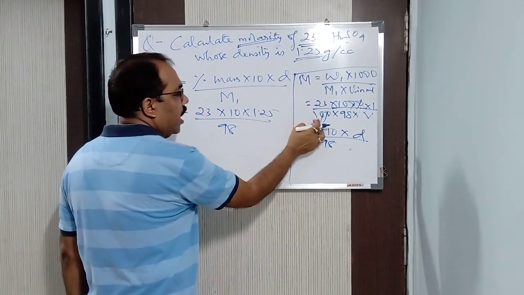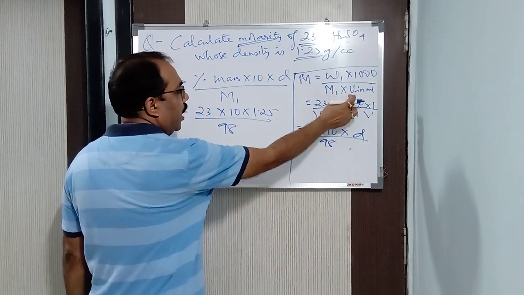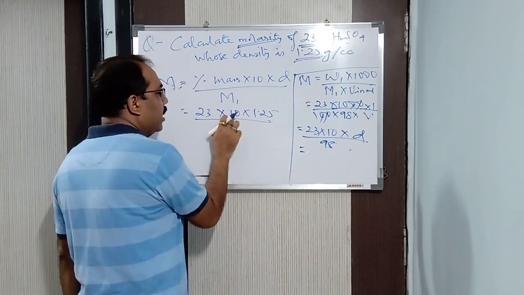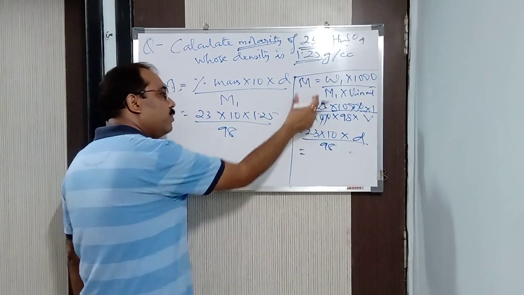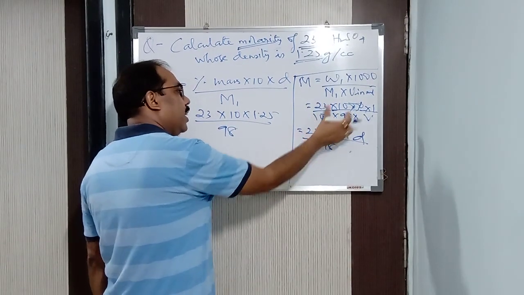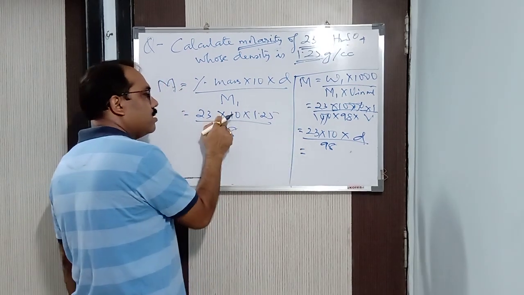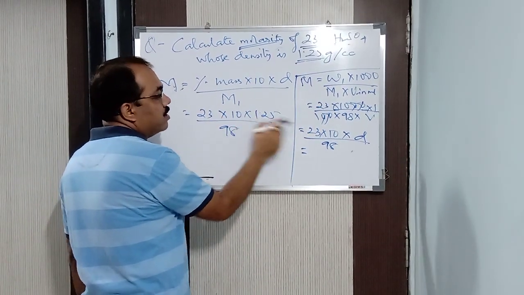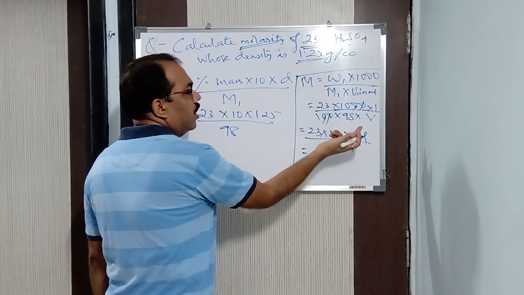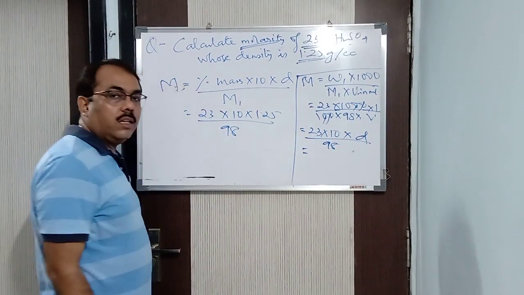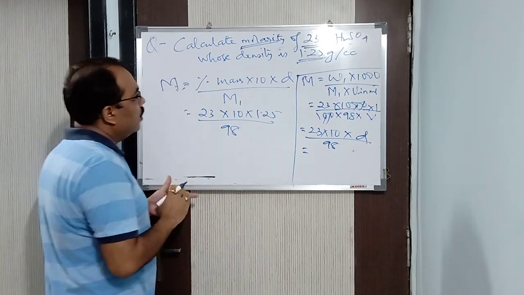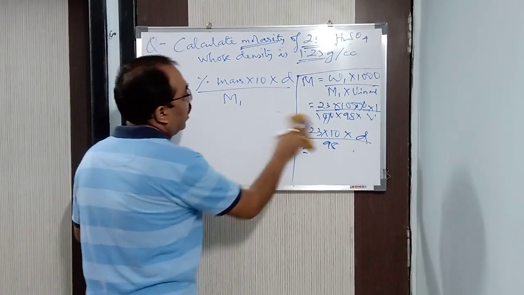Now here you are putting 100 and 1000, you are multiplying, and ultimately you get 10. Here I am not putting 100, I am directly writing 10, because percentage always has 100 below and here 1000 will be there. So why write it unnecessarily? I am writing it directly as 10. And here, density: how did I get density? Because 1 by V, volume, so it is density. And here is the molecular weight, 98. Got it now? So this is another formula to calculate molarity.